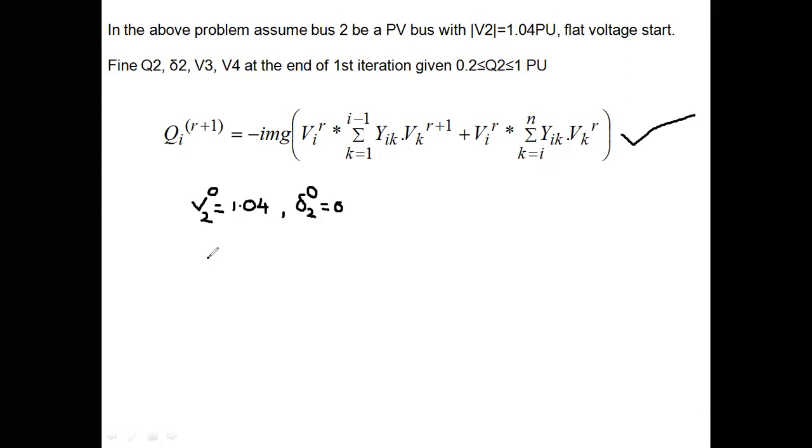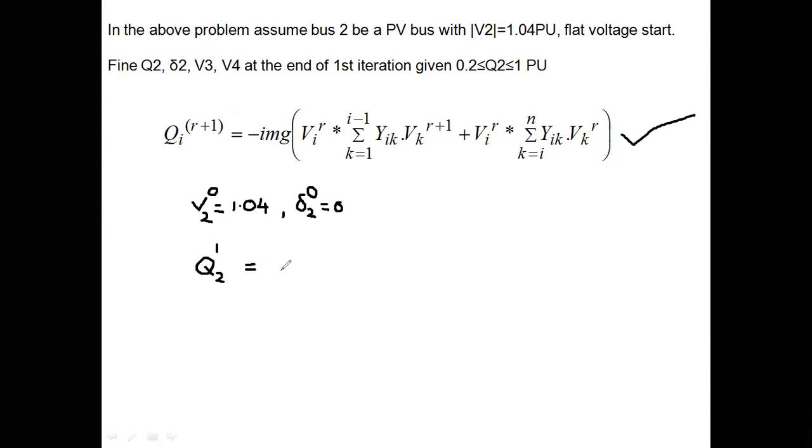Q2^1. Now you see here, real power is already mentioned in the problem itself. Now you are going to have the second bus as a PV bus instead of a PQ bus, right? Whenever a PQ bus is shifted to a PV bus, obviously the specified parameters also change. Real power is already mentioned in the problem, while reactive power must be unknown. You need to determine that reactive power along with the load angle or bus phase angle at the second bus.